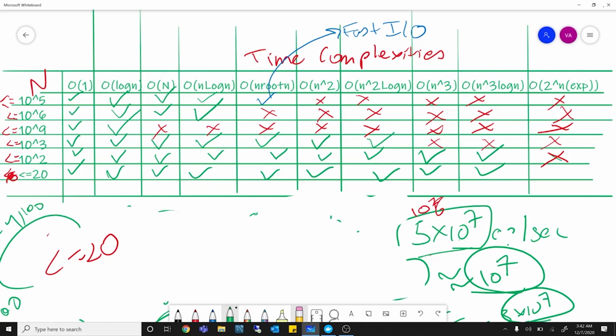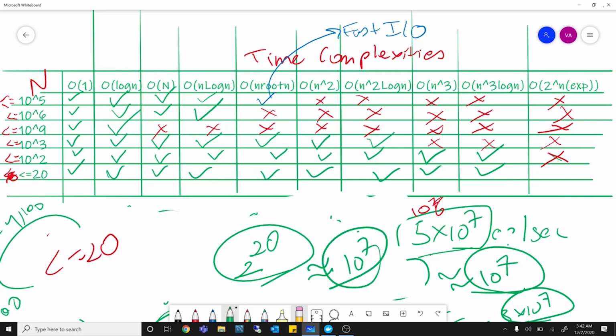And then finally, let's go on to the exponent. The worst case scenario will be 2 to the power 20, which, as I mentioned, is approximately 10 to the power 7. So this is also valid. You can see that the table is complete, and all of these constraints and time complexities are mapped with each other. If you find any complexity that you want to use and check against the constraint, you can check from this table and its corresponding row. If it's a yes, that complexity is valid for that question, and if it's a cross, it is not valid.